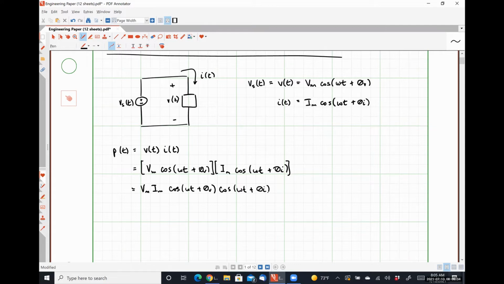Anybody remember trig identities? If you don't, it's okay, I do. So what we have here, let me do it in blue, is,